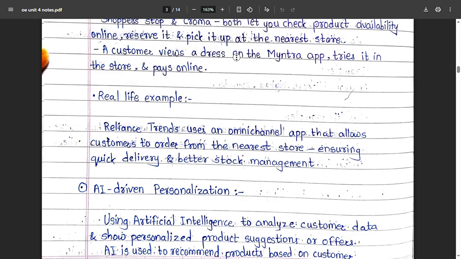So AI analyzes data like browsing history and suggests relevant products. AI studies user behavior, purchase history and browsing patterns. What is the browsing history of that particular customer?